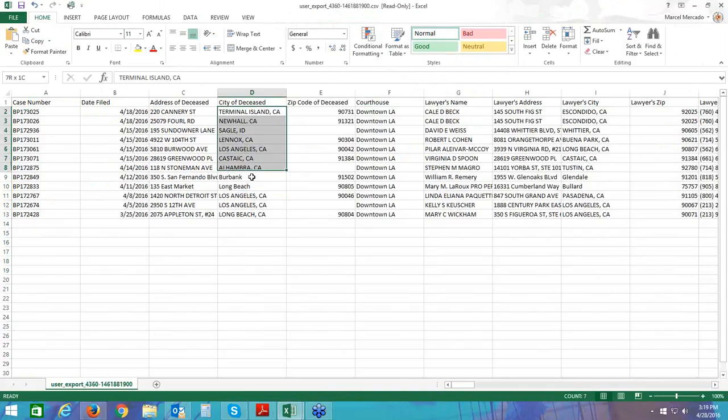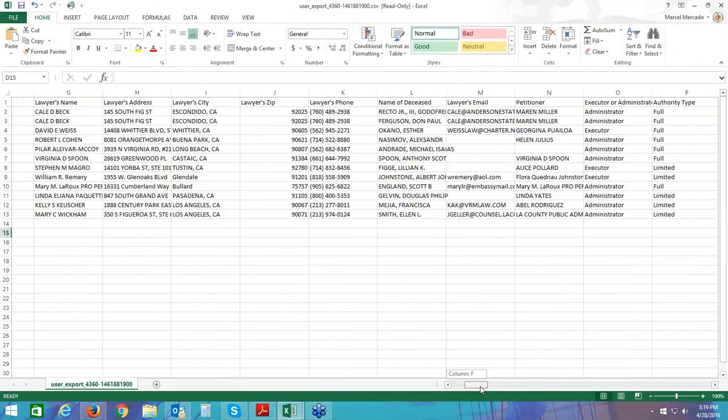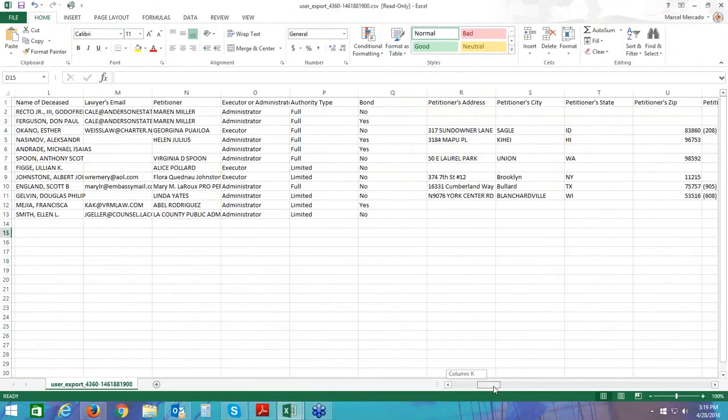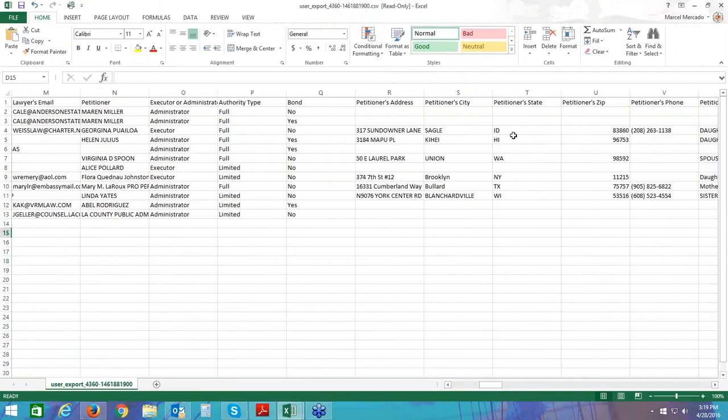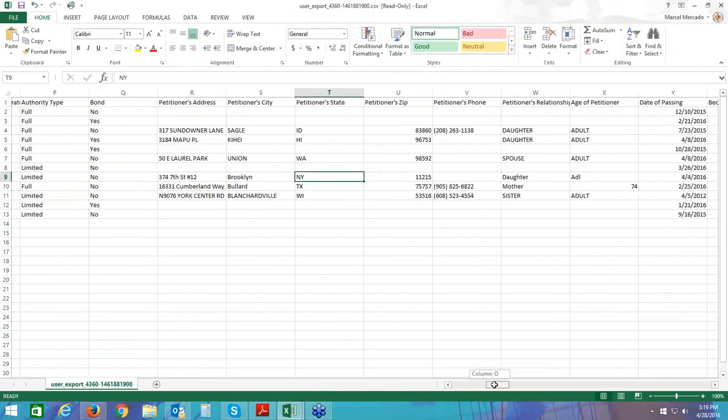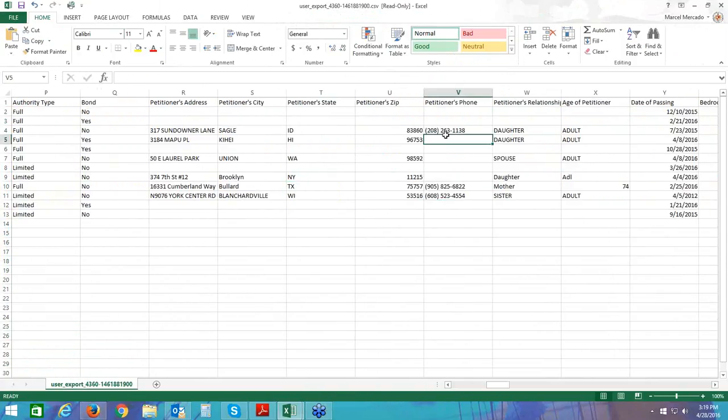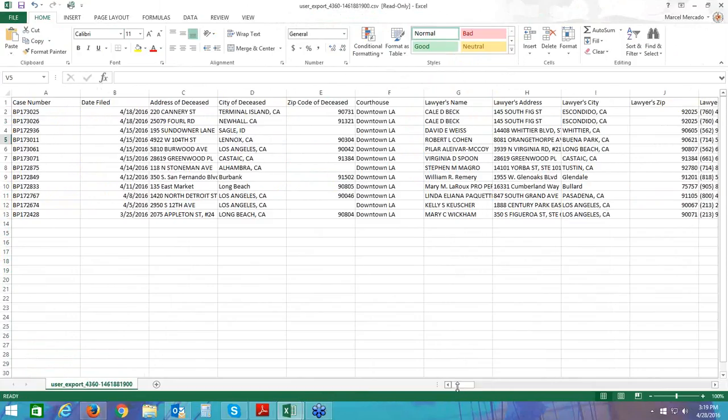Your Zillow value, the zip code of the decedent, the city that the property is going to be in, the filing date, and the county this came out of. Now, I can see a price range, just like this $1.5 million property in Topanga. Take the case number, hit Control-C, go over into probate data, pop that right into the case number,